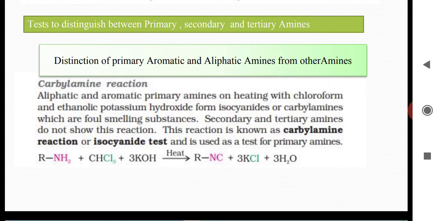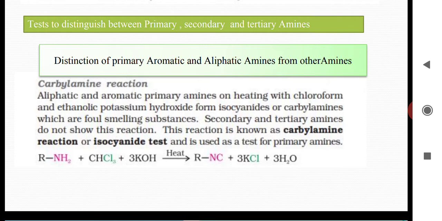So the first reaction we have done in chapter number 1 also, because here we are using chloroform. Why have we read chloroform in chapter number 1? Because it is a halide. Okay, so this is trichloromethane, right? So we have read this reaction in chapter number 1 as well, but we are repeating it here once again. And I would like to emphasize the point that aromatic and aliphatic primary amines give this test. Okay, that means secondary and tertiary amines will not give this test.